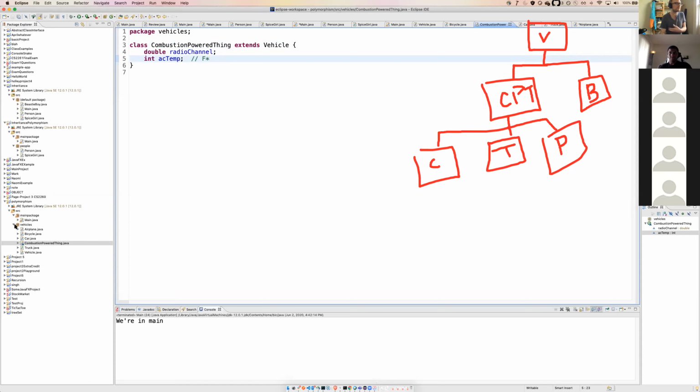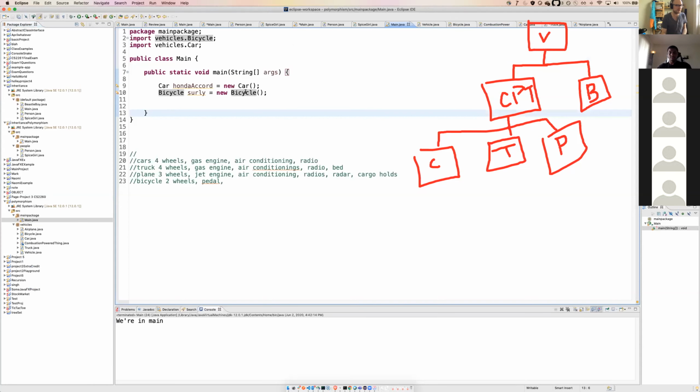But anything outside of the package, such as in main, if I try to say combustion powered thing old timey train equals new combustion powered thing, what's going to happen? Well,